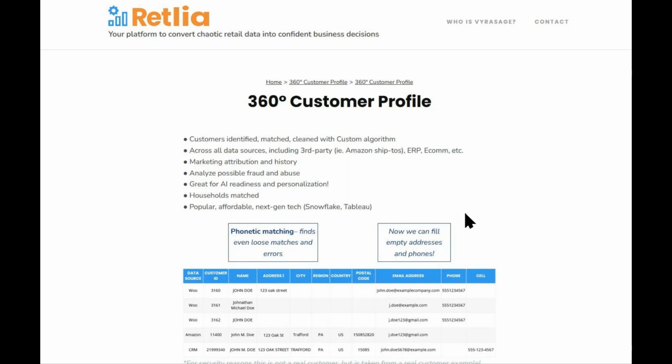As part of our base package at Retlia, we include the ability to create a 360-degree profile of each of your customers. And this includes bringing in your data from across all of your different systems. This can include multiple e-commerce websites, your ERP or POS, Amazon, and even marketing behavior, wherever you have data about your customer, which is really powerful for all kinds of use cases like targeting your marketing, analyzing customer segments, creating